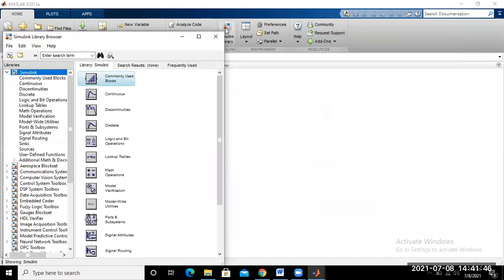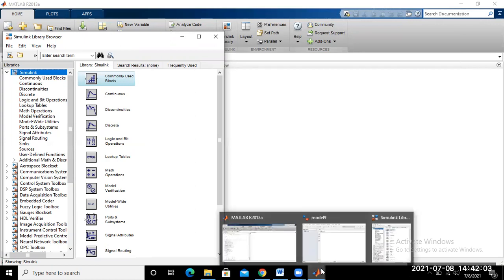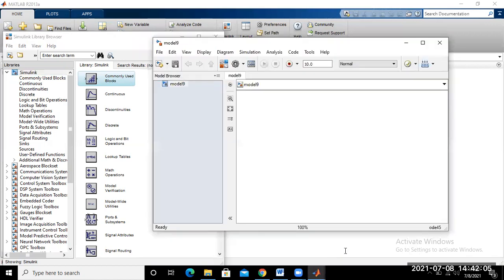Then we can drag the blocks from the Simulink library to the workspace. Okay. So the first requirement is the single phase AC source. Just try to drag the single phase AC source from this library to the new workspace. That is model number 8. Okay. So your model number 8 is here.